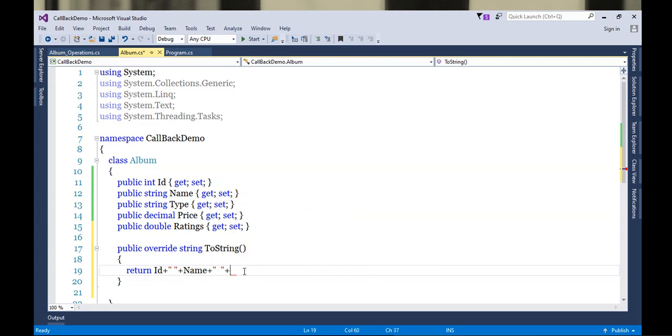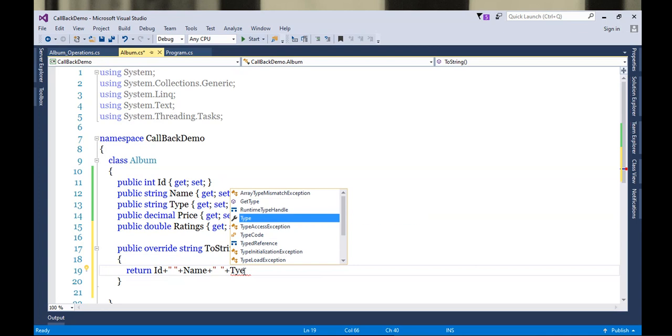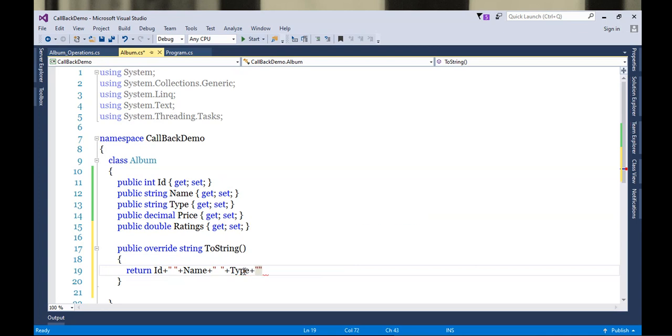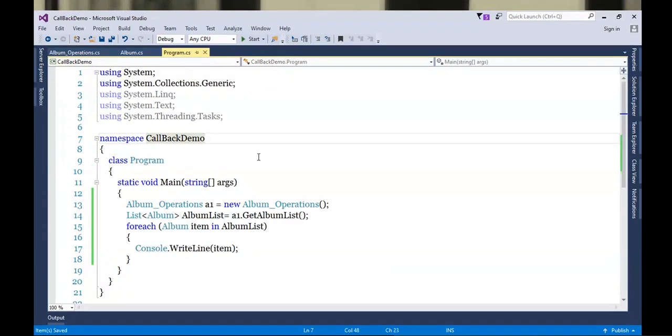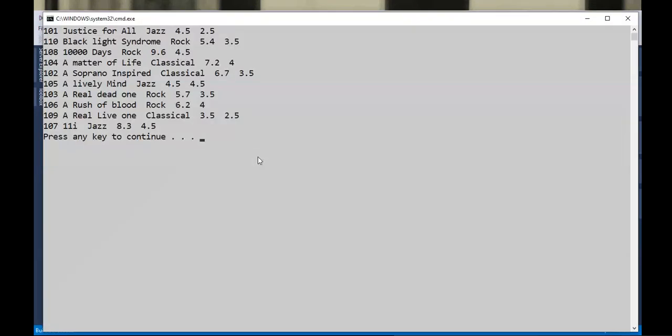Sorry, type is, price is, last ratings. That's it. Now if I run it again, I'll be getting the list. You can watch out, so these are the 10 albums with me.